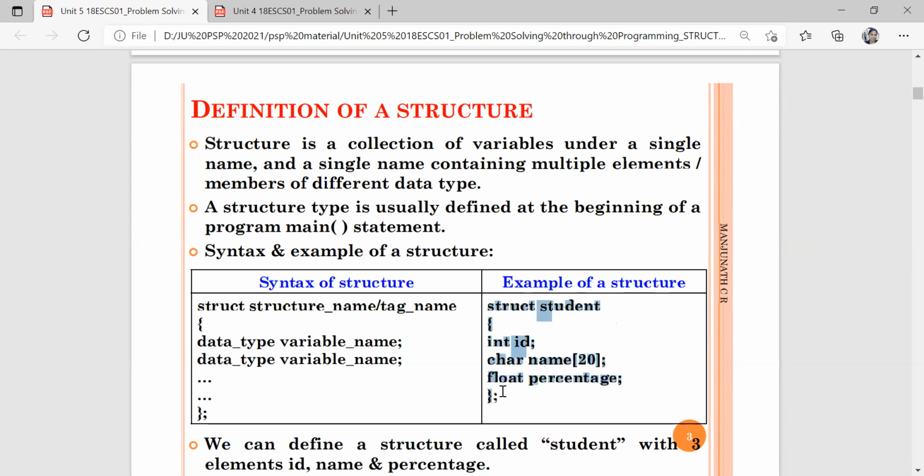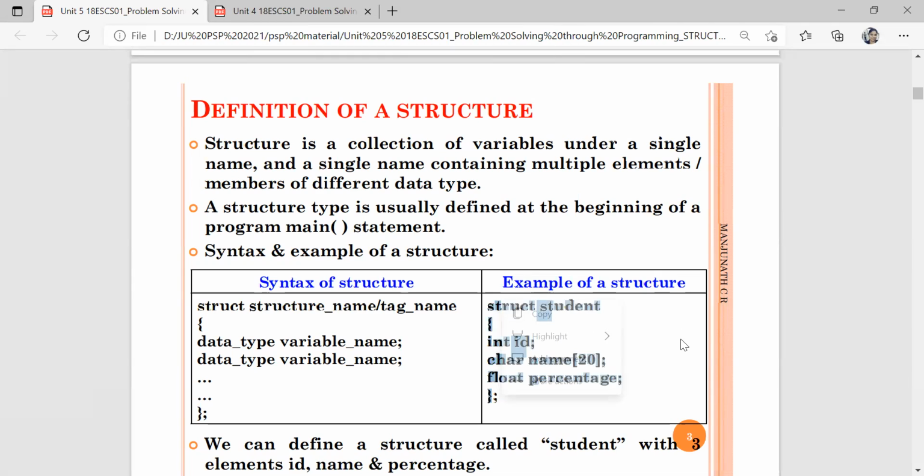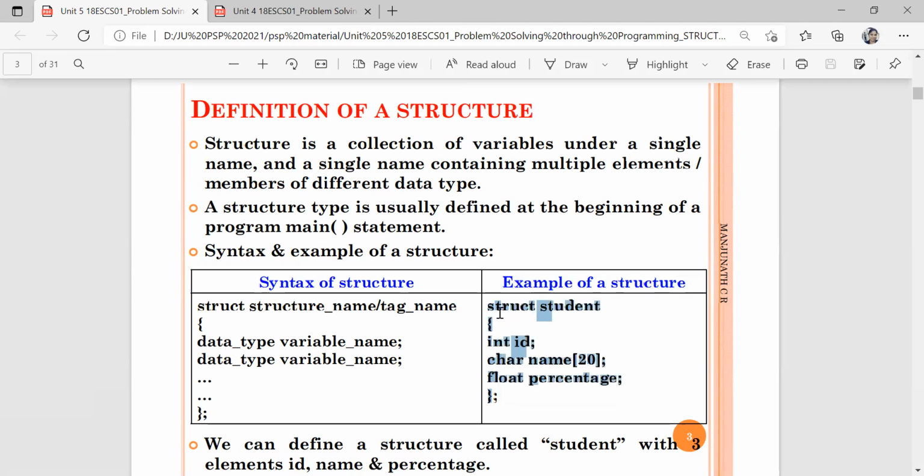While declaring a structure, the struct keyword should be there, followed by the user defined structure name. Within opening and closing brackets, we have to mention all the variable names, separated by semicolons. It's like while creating a function, we use return type, function name, opening and closing brackets. We won't put a semicolon at the end of a function, but for a structure, at the end we put a semicolon.